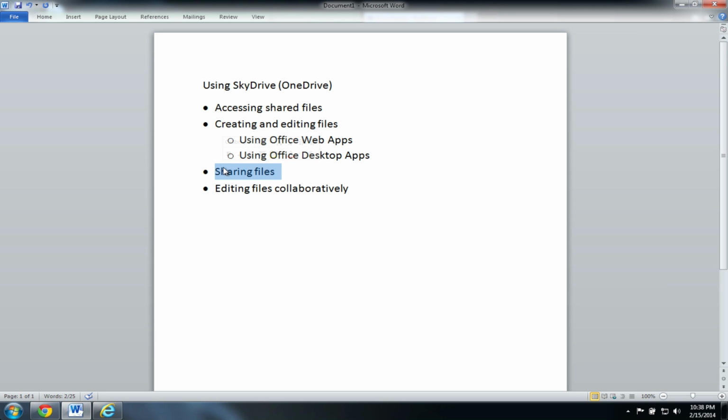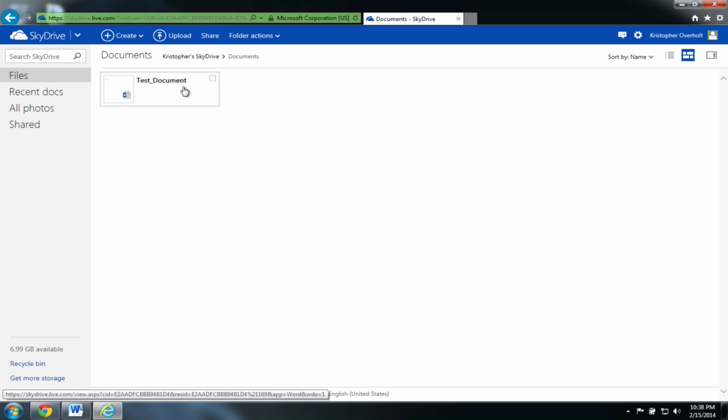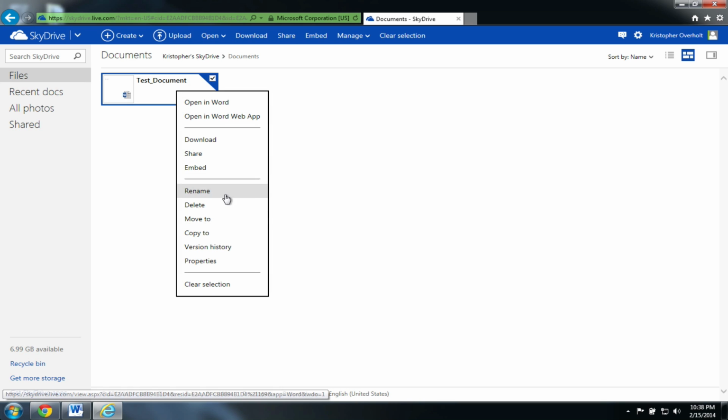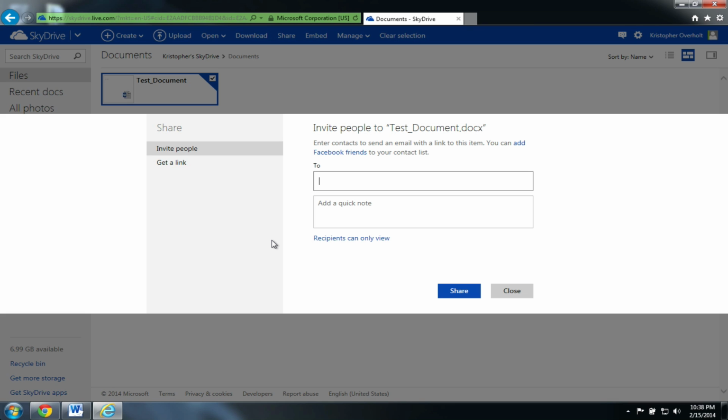So now I'll show how to share these files. So if I have a file in my private workspace, remember I'm in the Files tab, here's my test document, I can right click and go to Share, and I'll get this dialog box. So at this point I can invite people to have access to this document. So if I share this with someone, I can give them a quick note,